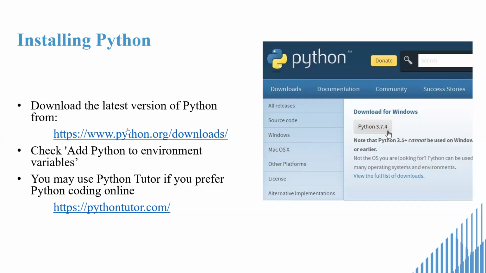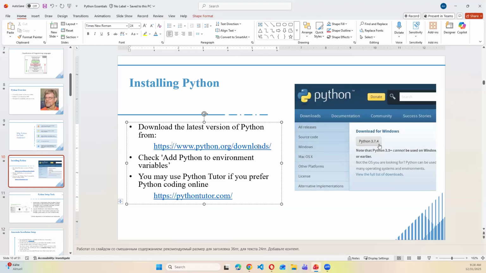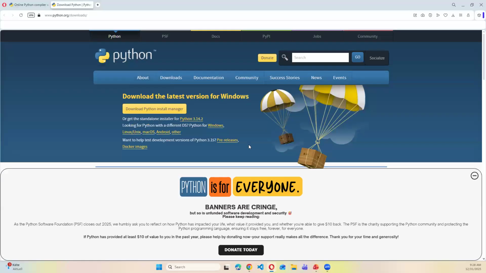Okay, so this is the main page. If I copy here, or I should go directly. Teacher, I have a question. Can we install Python on our cell phone or does it only work on computers? You can install it from the Play Store. There are some apps in the Play Store, like if you search Python, so you can do it.